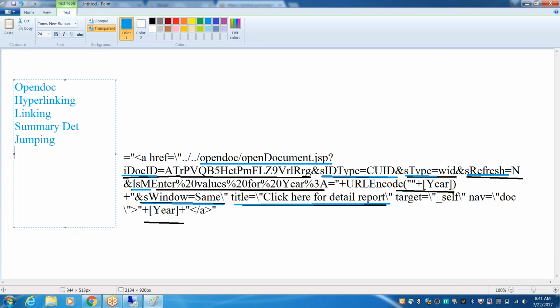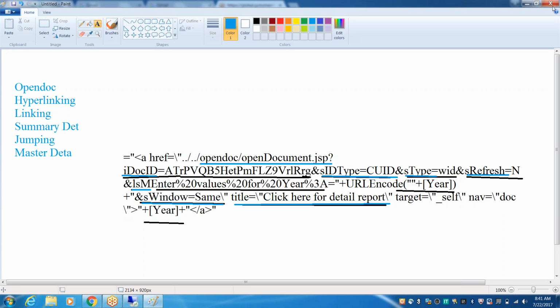Okay, so these are the different naming conventions we have: jumping, summary detail, linking. Okay, or some people call it the master detailed report. These are different naming conventions but the same concept which we are going to implement. Okay, so this is how we can link one report to another report by using the hyperlinking functionality. Okay, any questions?